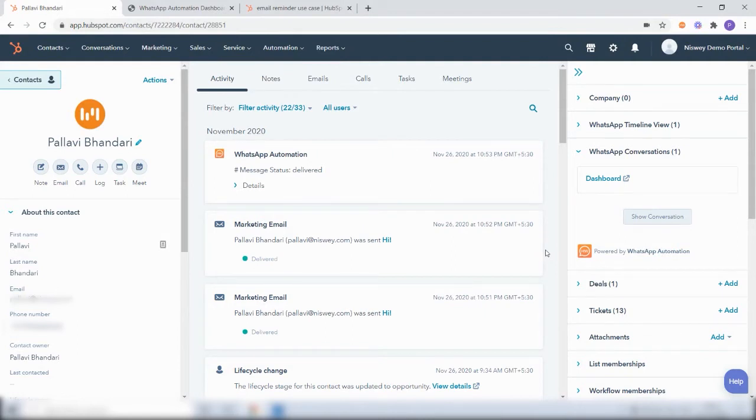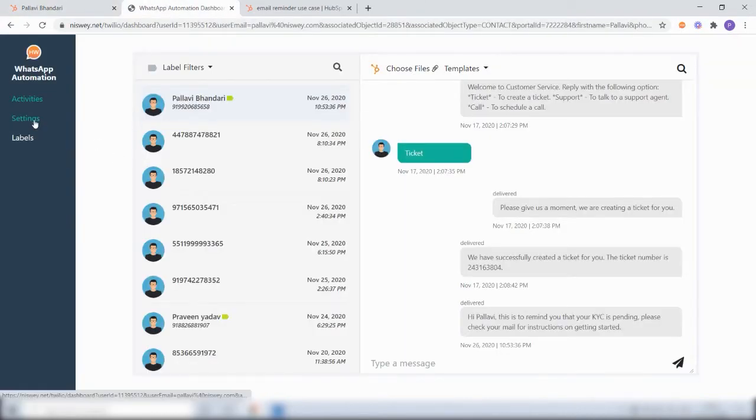In this example, we'll see how you can do just that using the WhatsApp automation tool and the WhatsApp Business API. For this particular use case, you will have to use a pre-approved template. You can visit your WhatsApp Business API provider's dashboard and submit your template for approval. Templates usually get approved within a day or two. Once you have your template approved, you can save it on the WhatsApp automation tool dashboard in the settings section like so.